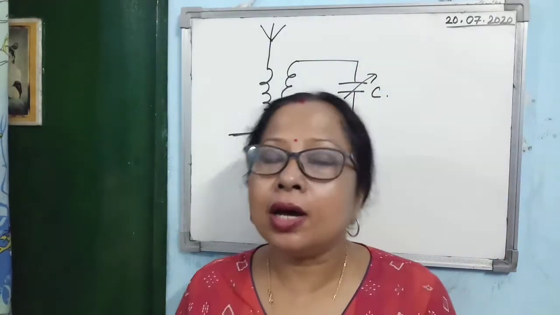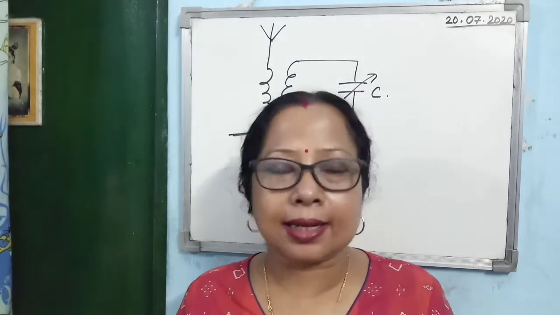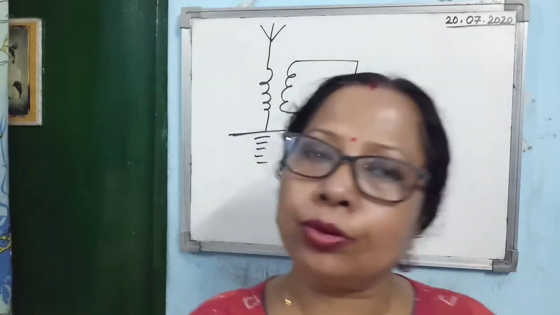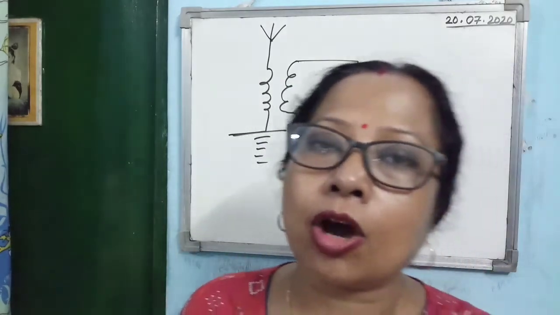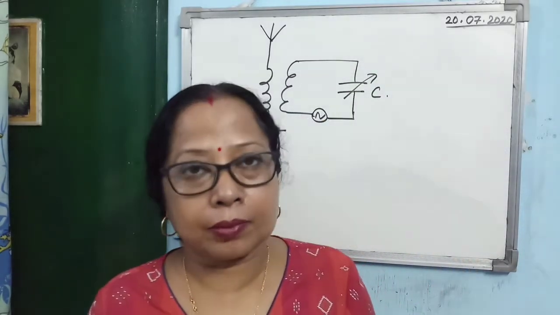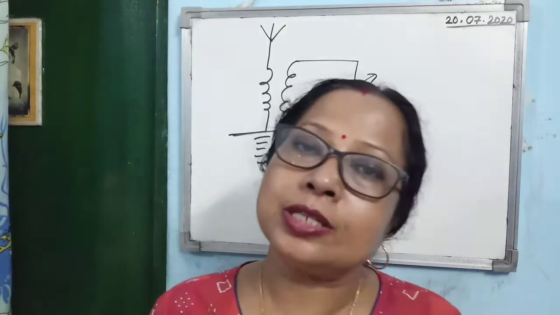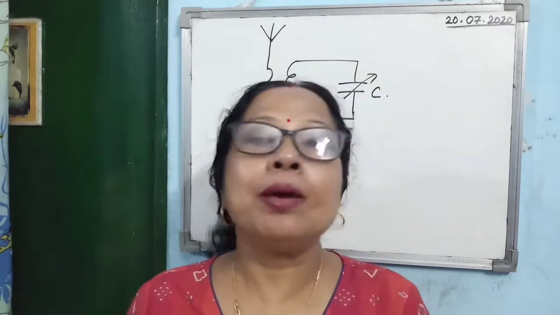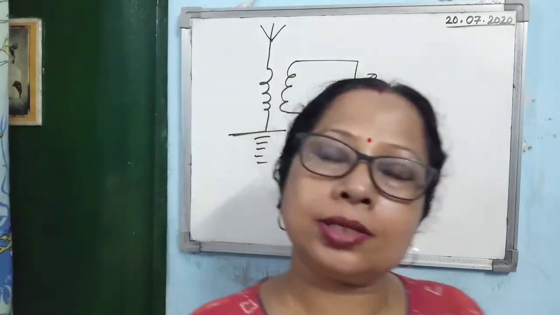In a radio receiver there is a knob. By rotating the knob, we can catch the signal sent from a particular radio station. You know that for every radio station, different frequencies are allotted for their broadcast. So when they are broadcasting, they lie within a given frequency range. I have not taught bandwidth yet, so I should not use the term. Bandwidth means the given frequency range. Within that frequency range, they do the broadcast.